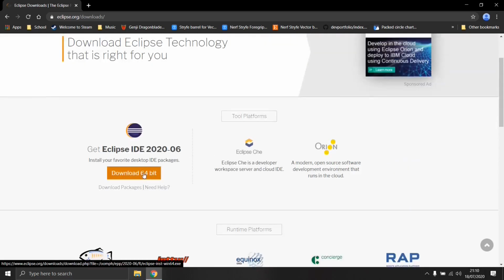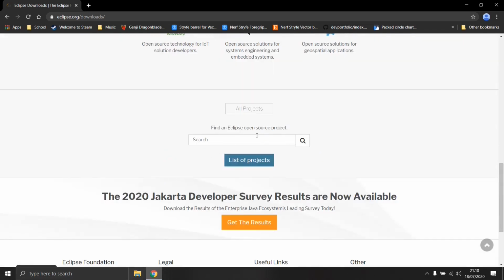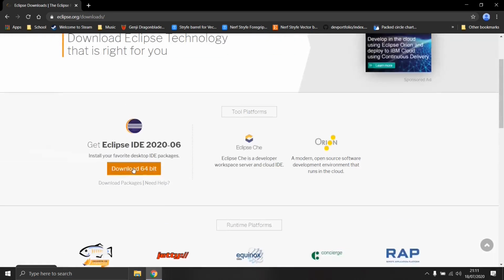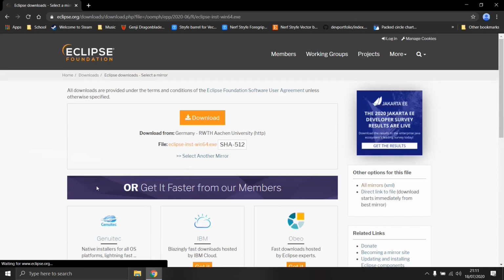It should automatically detect what version of Windows or Linux or Mac you're running and have a different download button here. If not, you can always come down here and search for different things, but hopefully this download button should work. So once you click on that, and then just click download again,